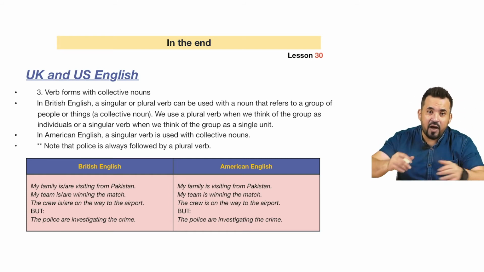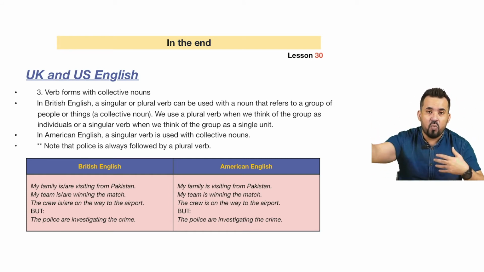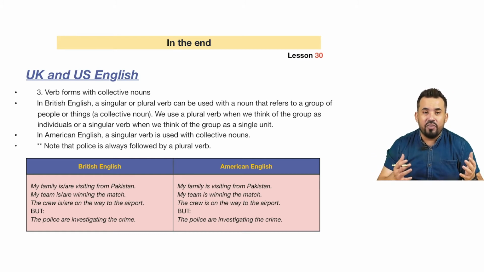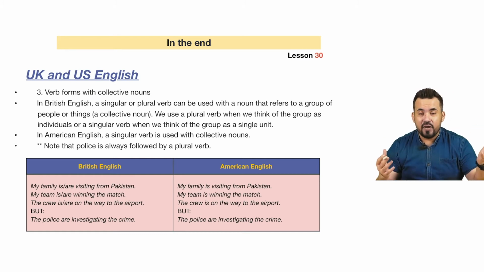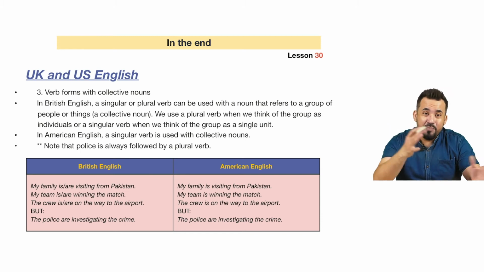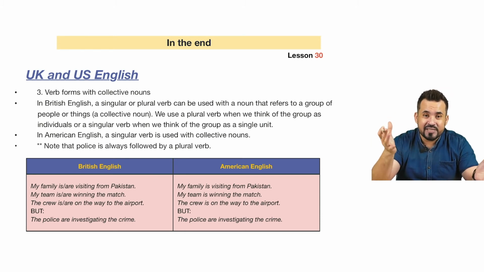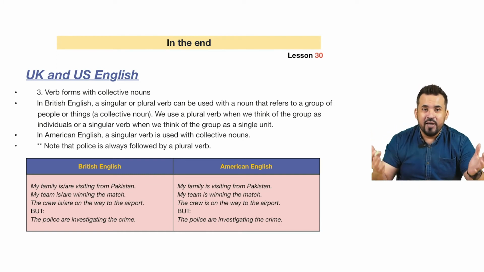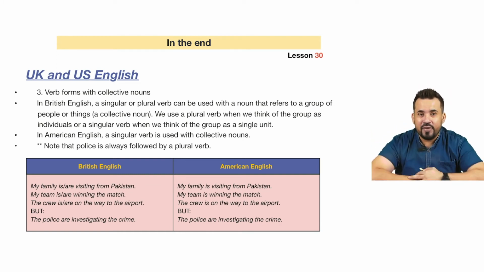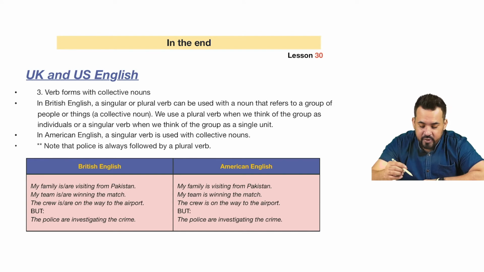It's a noun that consists of more than one person or more than one thing. In British English, they treat that as plural, but in American English, it's singular. It's supposed to be singular. It's one unit. So I think American English is more accurate here and more correct